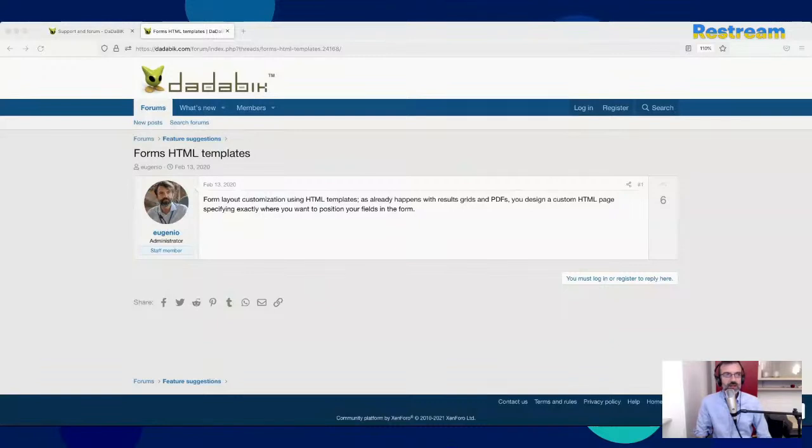because as far as I've seen, the typical DaDaBIK use is for producing, let's call them internal tools, okay? Tools that you can use, for example, admin tools, CRUD tools, tools you can use for workflow automations, something like that.